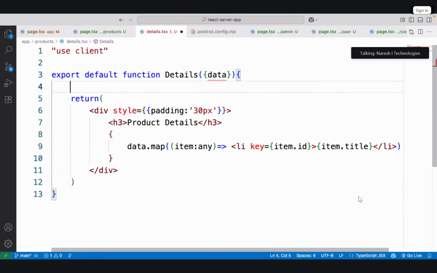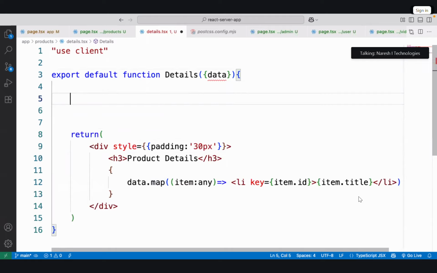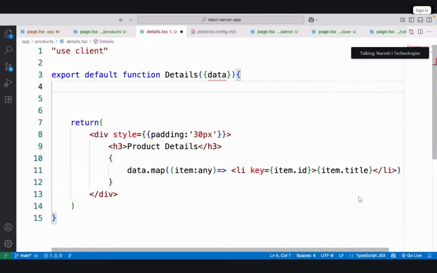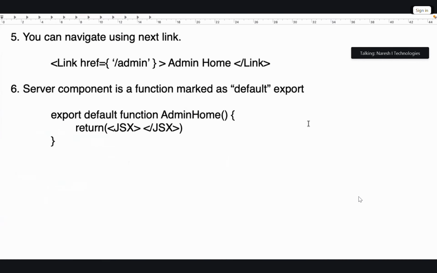Earlier, what we used to do here, create connection with API, load the data coming from API. So everything is happening client side, but now everything is happening server side. This will improve the performance of the application, right? So this is called server side rendering. Actually, we call this server side rendering.